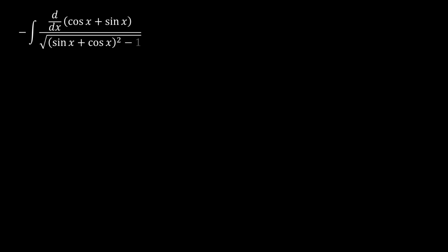Then what we now get is that our negative integral of the derivative of (cos x + sin x) over the square root of (sin x + cos x) squared minus 1 is the negative integral of 1 over the square root of u squared minus 1. So this now has become a more tractable integral. And for those of us who know hyperbolic functions, we know that